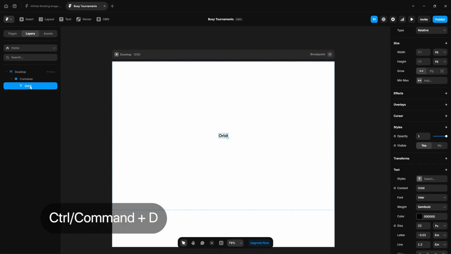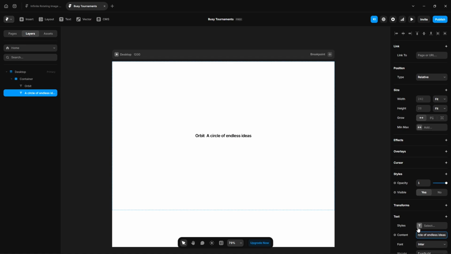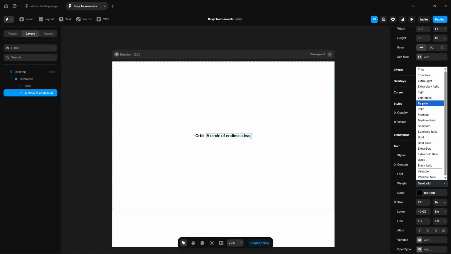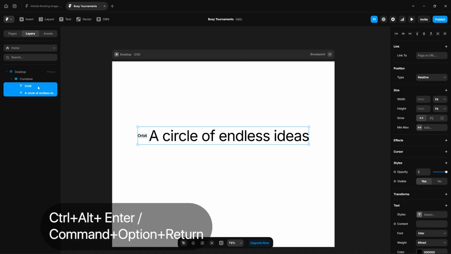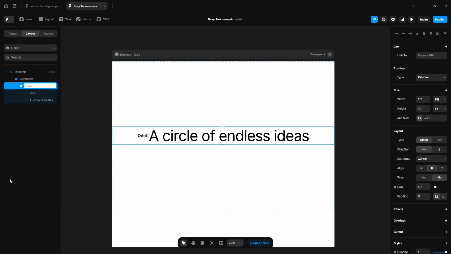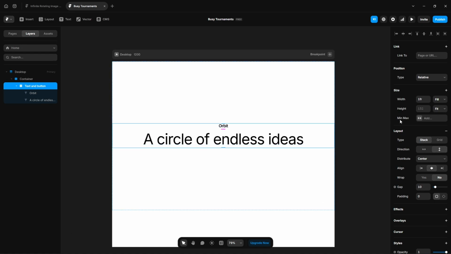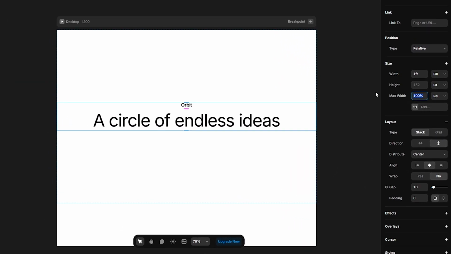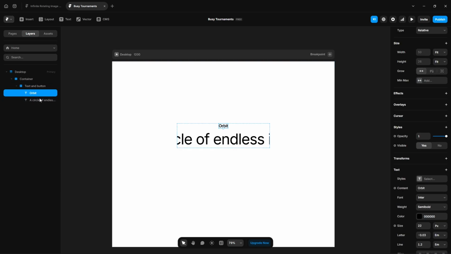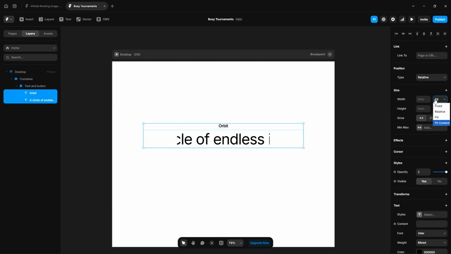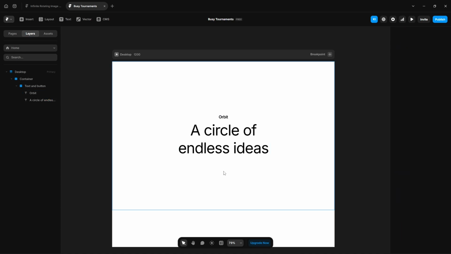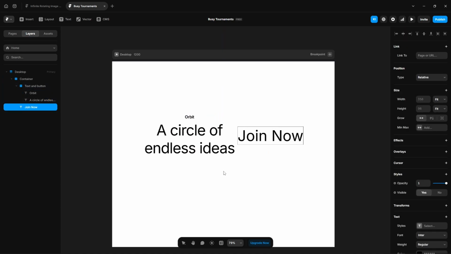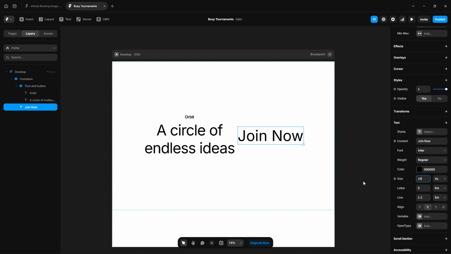Next, duplicate this, paste this text, font, make it regular, 80, select these two, wrap them in a stack by pressing Ctrl Alt Enter, name it text and button, set the direction vertical and add max width, maybe 500 pixel, select these two, width, make it fill, scroll down, align, center, again add text, type this text, size 16, drop it here,